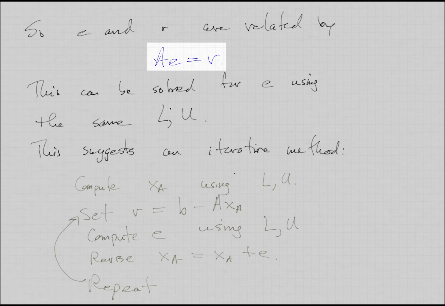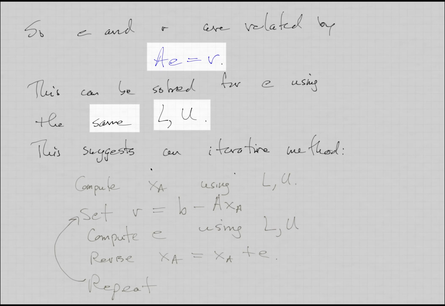That's the idea. Now, the trouble is, as I said, we can't always solve this equation exactly. In using the LU method or Gaussian elimination, we may have to settle for an approximation. However, the good thing is that we can use the same LU that we used to solve Ax equals b. We can use the same LU to solve Ae equals r, right? So we don't have to do any extra work for that. We can get the error estimate using the same L and U. And then not only do we have a reasonable estimate for what the error in our answer is, but